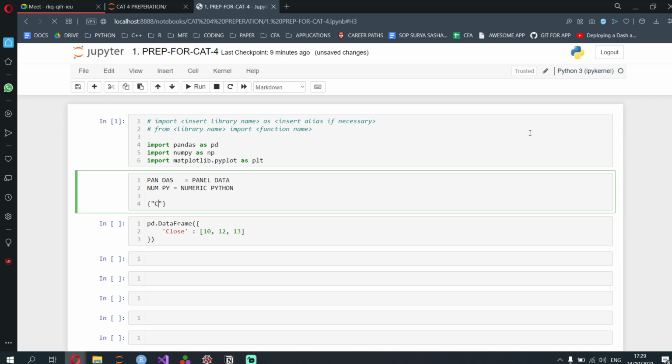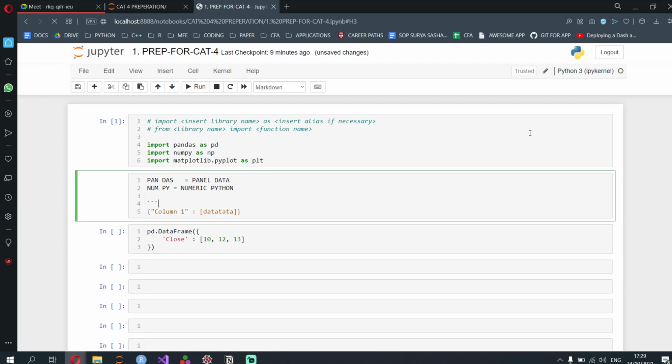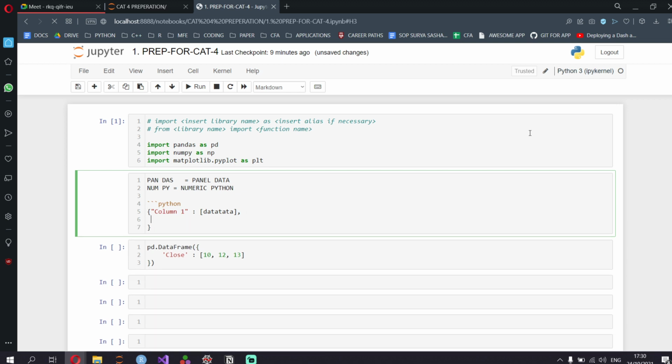So there'll be column 1 and data, comma, column 2 and data. This is how Python dictionaries are created.